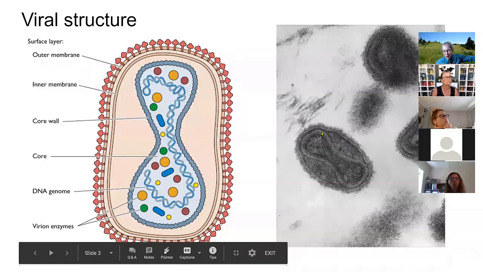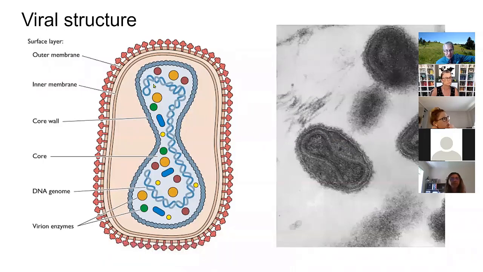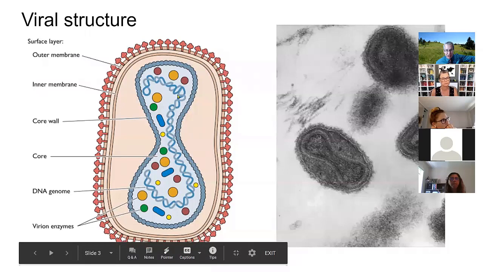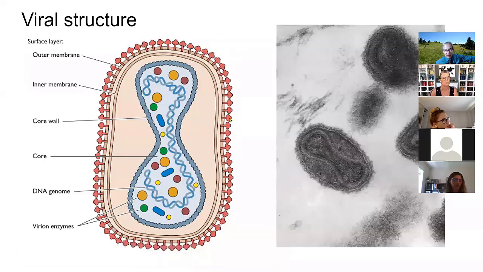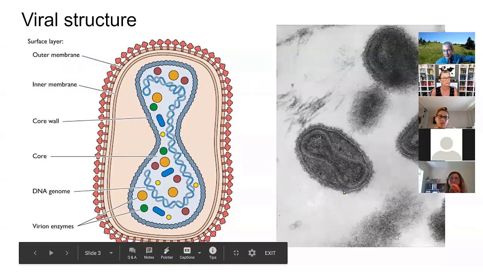So the virus, most viruses have about the same structure. There's some nucleic acid material in the middle. In this case, the smallpox virus has DNA in the middle. And then on the outside, there's some sort of envelope or membrane, and it has proteins on it. So these little things that look like red trees, those are proteins that are responsible for allowing the virus to bind to cells and enter those cells.